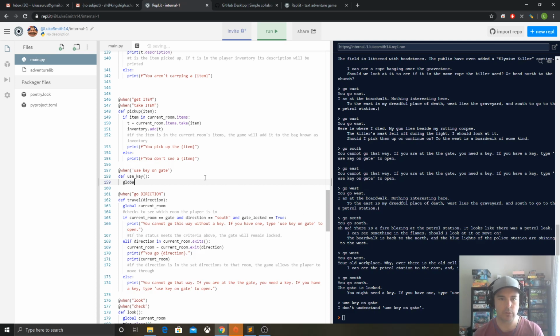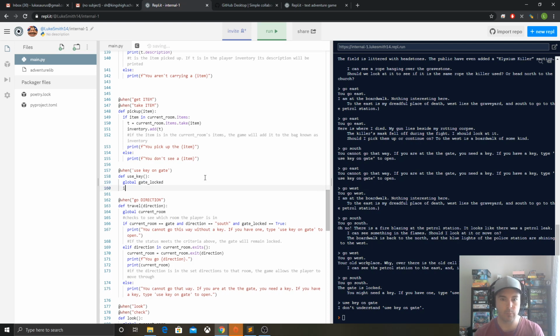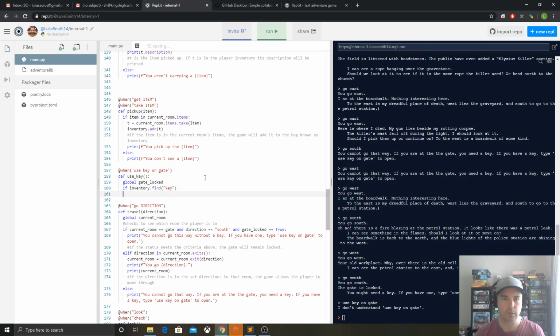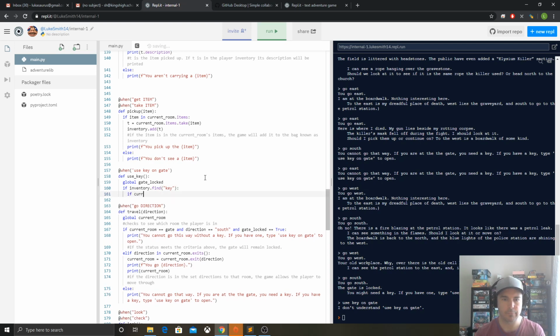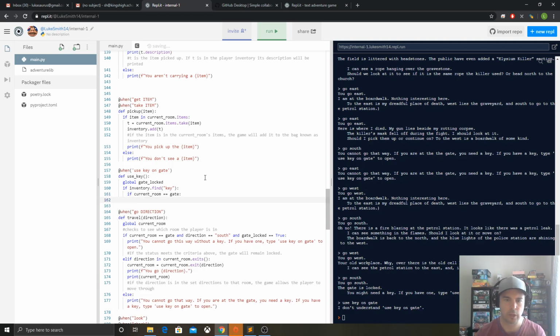So we want to go global gate locked, and then we want to check if inventory.find, I'm assuming it's called key, if current room equals gate. We could do that all in one statement.